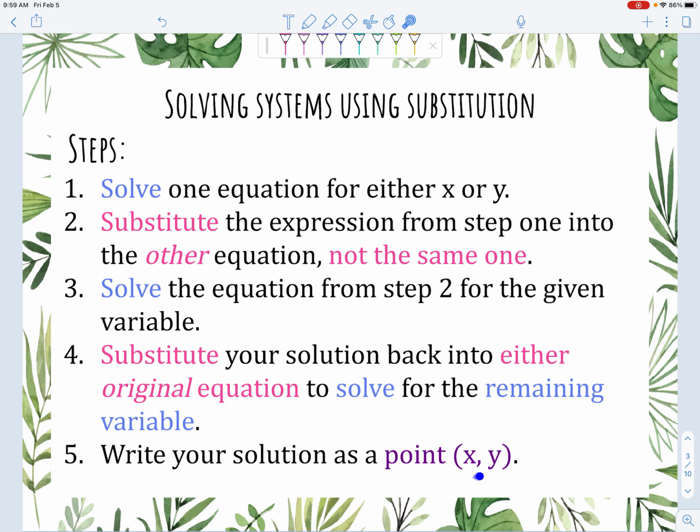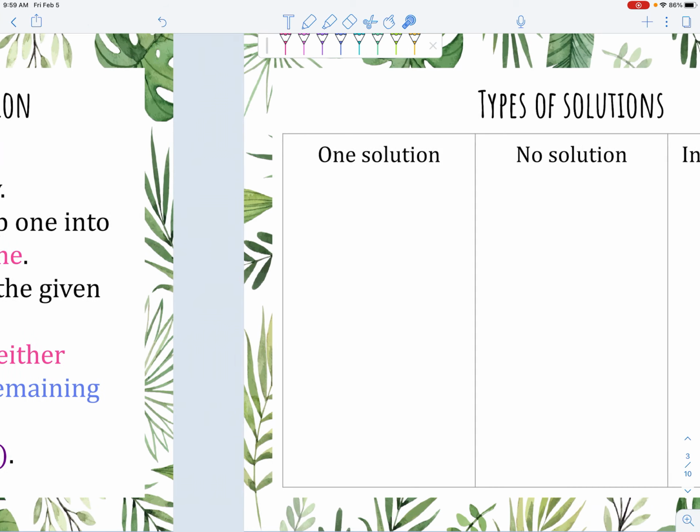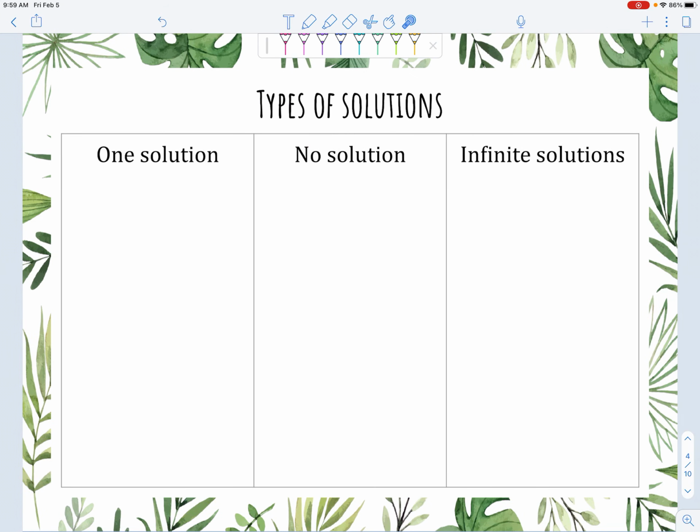We should then write our answer as an ordered pair, x, comma, y. And this is assuming we get a value for each variable, right? We may not get a value for our variables, and that kind of brings me into our next slide. And as always, if you need more time to copy this down, feel free to pause the video or go back as necessary. So here are the three types of answers, the three types of solutions we could get when